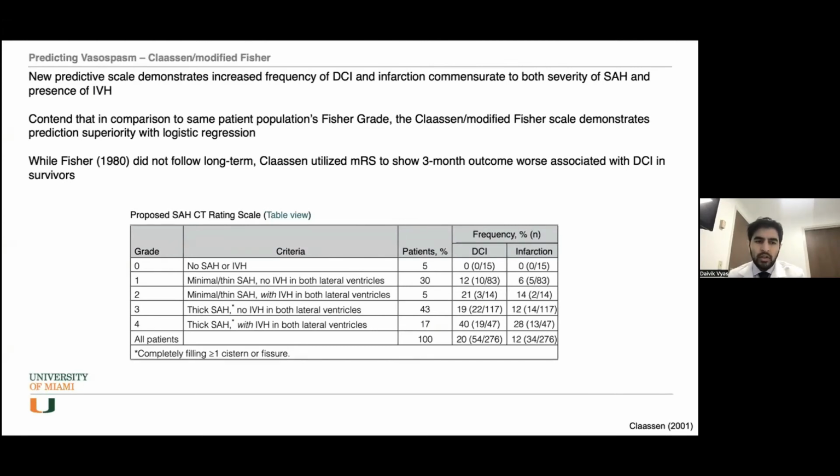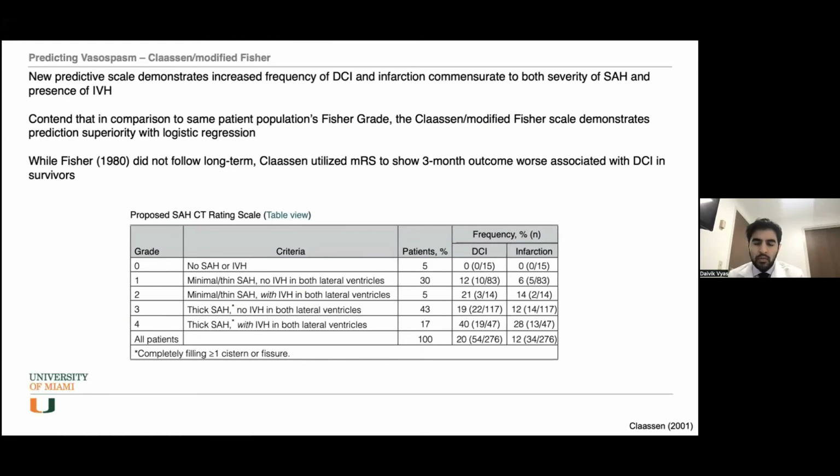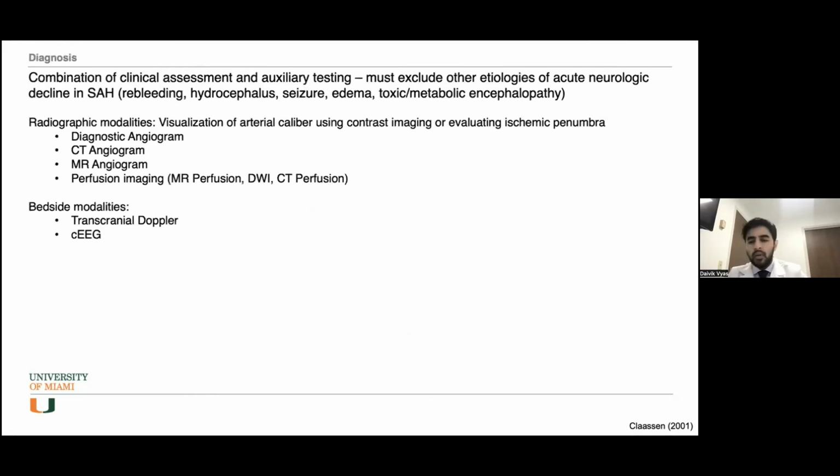And in the 1980 paper, Dr. Fisher didn't follow the long-term outcomes of his vasospasm patients, but Claassen utilized a modified Rankin score to show that the 3-month outcome was actually worse in patients who had delayed cerebral ischemia and survived their subarachnoid hemorrhage, which is something that is intuitive. Ultimately, which score you use doesn't make a huge difference because the grading criteria demonstrate the same baseline finding, which is to say that the more severe your subarachnoid hemorrhage is, or the more severe your IVH is, the higher risk you are of developing vasospasm in the long term,